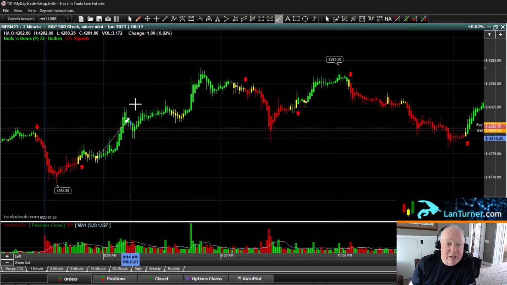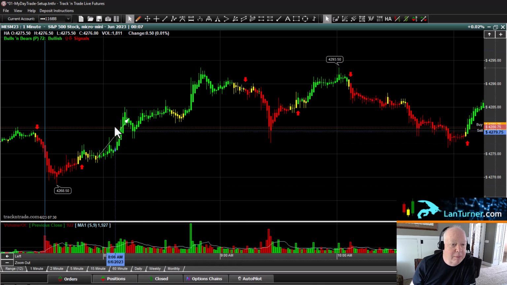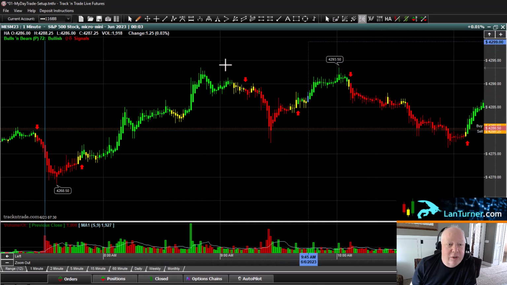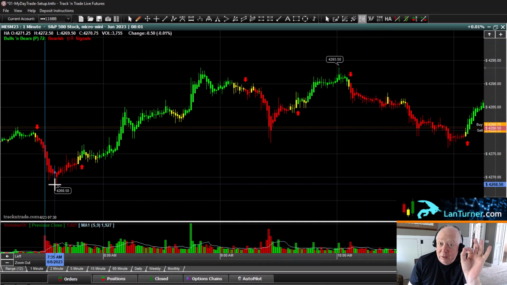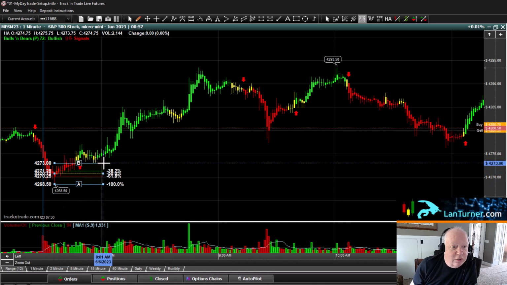But with Fibonacci, we can make that projection and we can trade off of it. So I'm going to come in here and delete that arrow, and we're going to draw the Fibonacci ruler in here. The way we do this is we find the low point, and from that low point we draw our Fibonacci